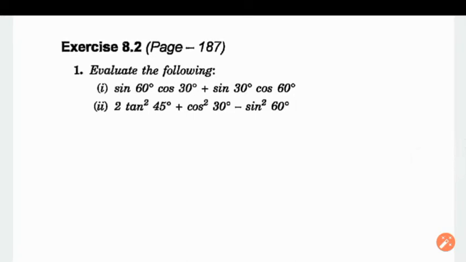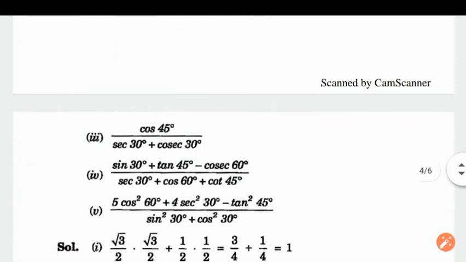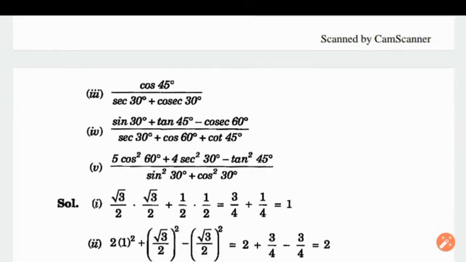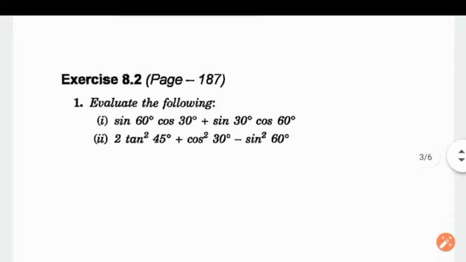So here we have evaluate the following, right? So we have the first 2 subparts, and then here we have the solution of the rest 3. So how to do number 1? How will we do? Here we are required to find the values of this. So now from the table, first just see what their values are.